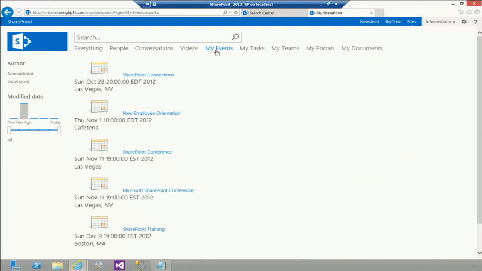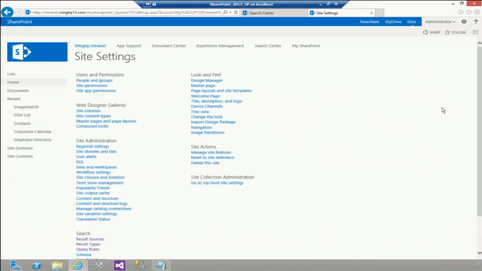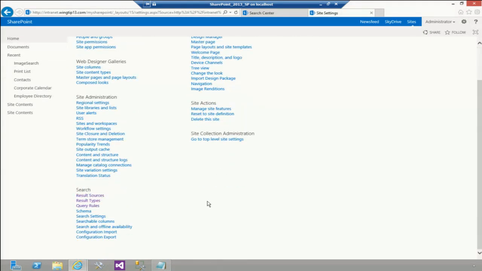And I said I used to create this solution by writing a bunch of code, and now I'm doing it with just the basic building blocks. So let's take a look at how this is done. Right here inside this solution, I'm going to come down to Site Settings. And here on the Site Settings page, if I scroll down, you'll notice that Search now has its own little